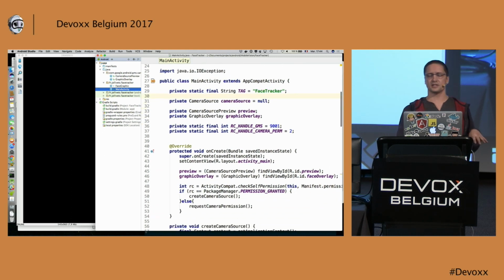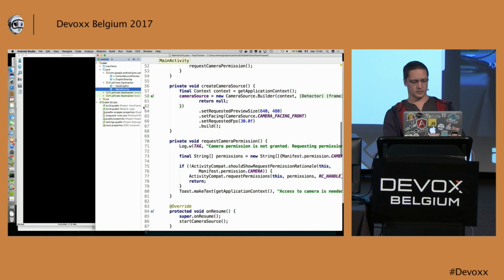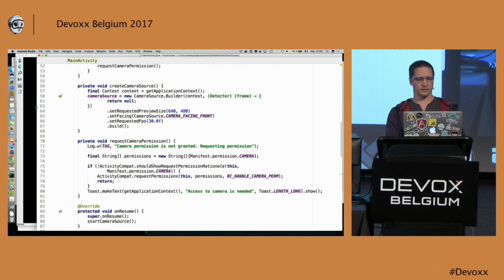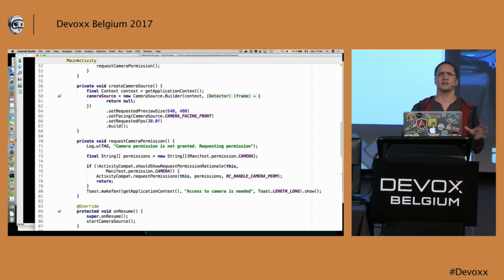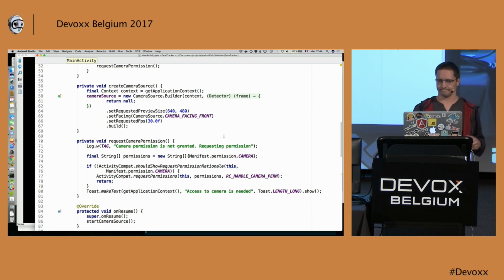So in my main activity, what we do is use camera source. Camera source is a class provided in the Google Mobile Vision API. This class will take a context and a detector that will receive the frame and return something. You've got some configuration: if you want to set the resolution, select the camera, or set the frame rate.